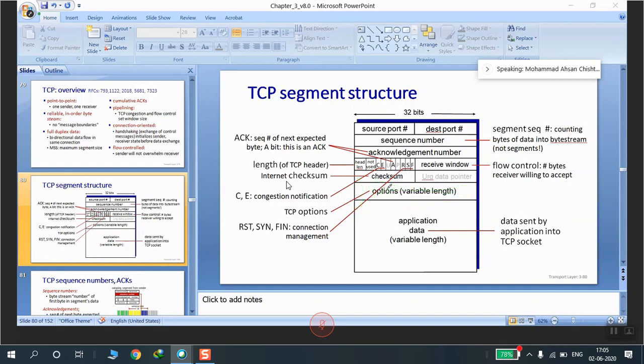The next thing that comes after options, you see here, is data, but actually it is not so. There is something which comes between options and data, which I have drawn here in red. This is known as padding.